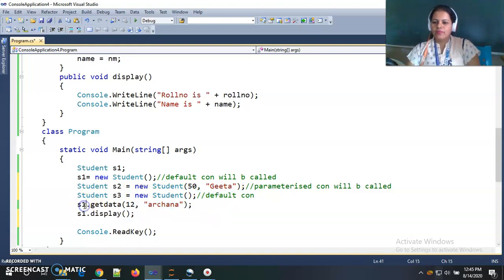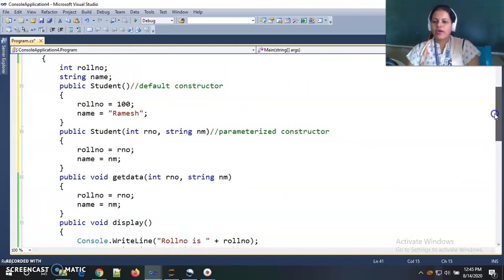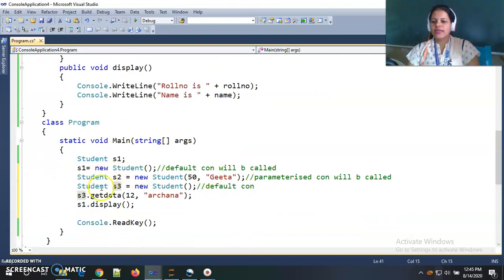Then if I am changing the values of S3 by calling getData, then on S3's memory the values will be changed. Because by using the default constructor we know what is in S3's memory: the roll number of S3 is 100 and the name of S3 student is Ramesh. But by calling the getData function, we are overwriting the values of S3.